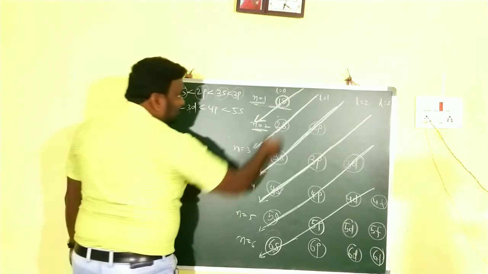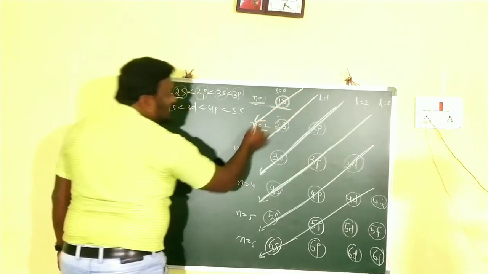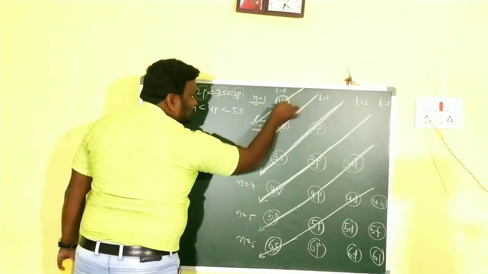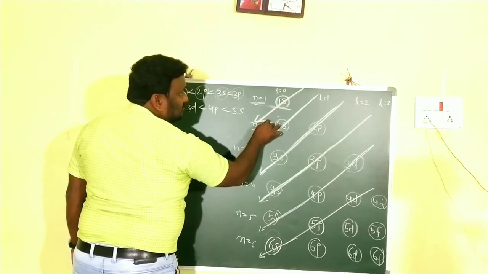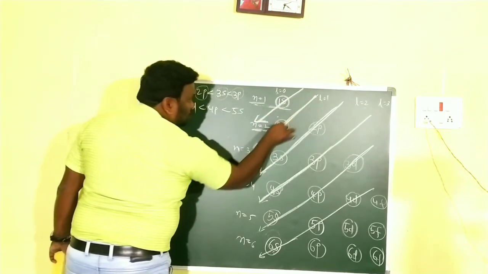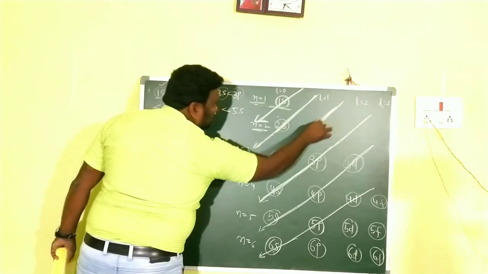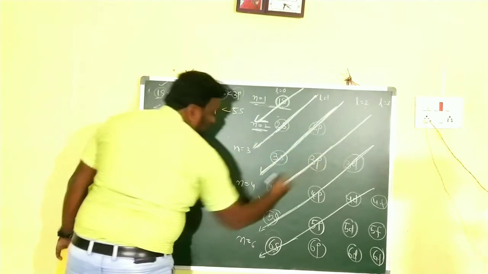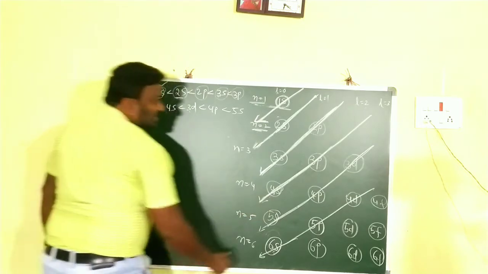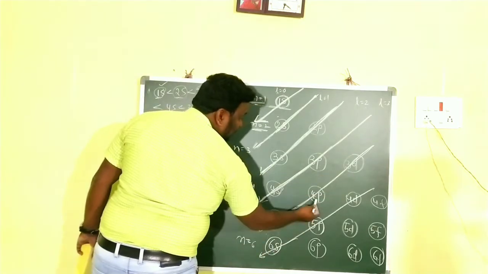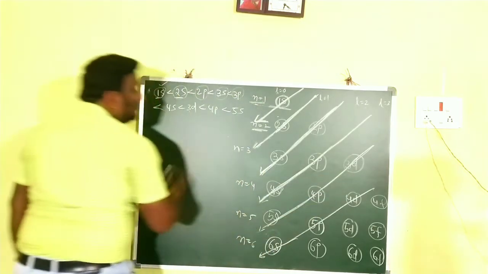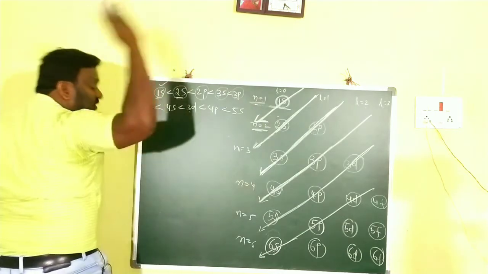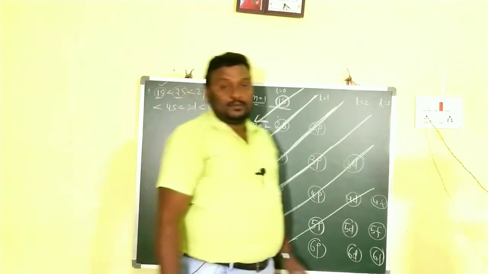Here in this diagram, this arrow mark shows exactly that. It represents that first we have to fill the 1s. Next we have to fill the 2s, next 2p, next 3s, next 3p, next 4s, next 3d, next 4p, next 5s. So that's the rule we have to remember of the Aufbau principle.